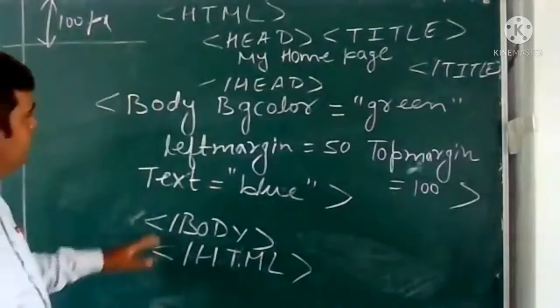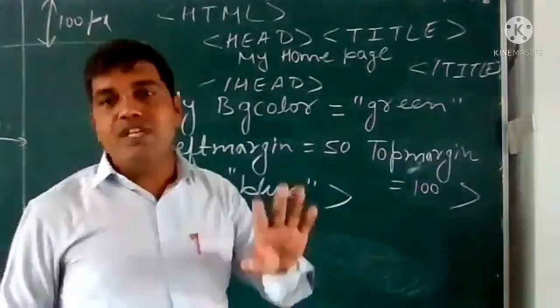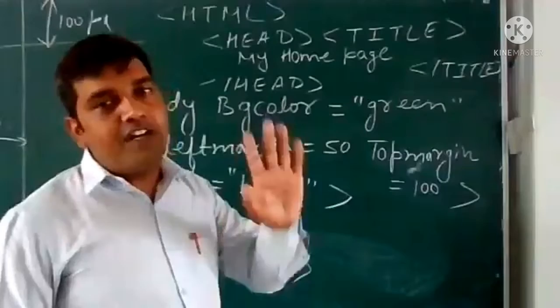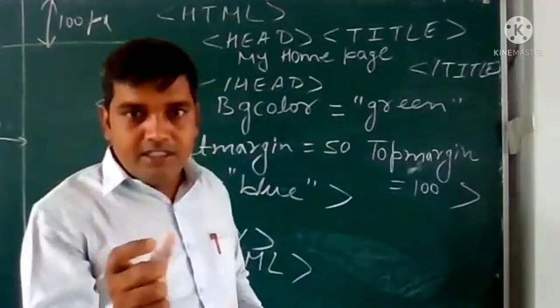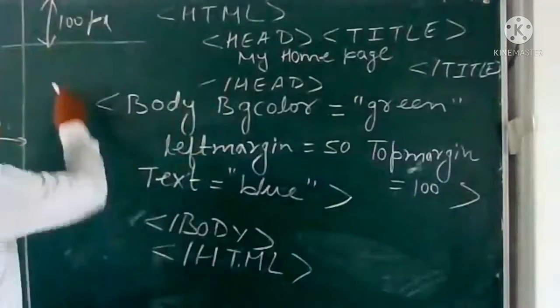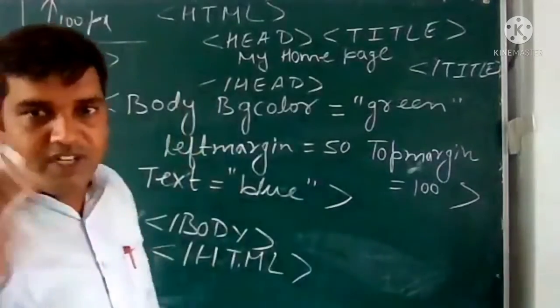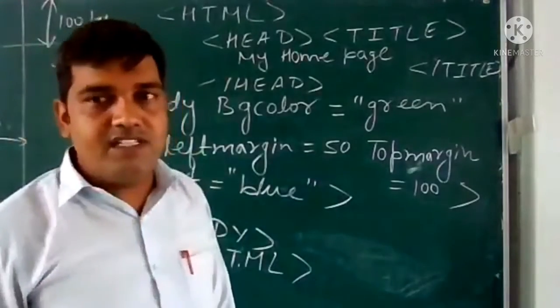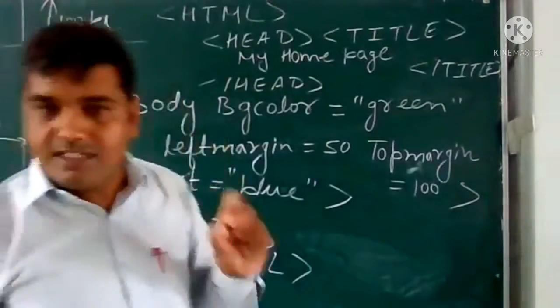And after that, we have used another tag to set the heading of the web page. We have used H1. There are 6 different heading labels, as in a book you have the main heading in a big size, then a subheading, and so on. Similarly here, for headings we use the H1 tag. So there are 6 different heading labels in HTML: H1, H2, H3, H4, H5, H6. The biggest heading is H1, and the smallest heading size is H6.